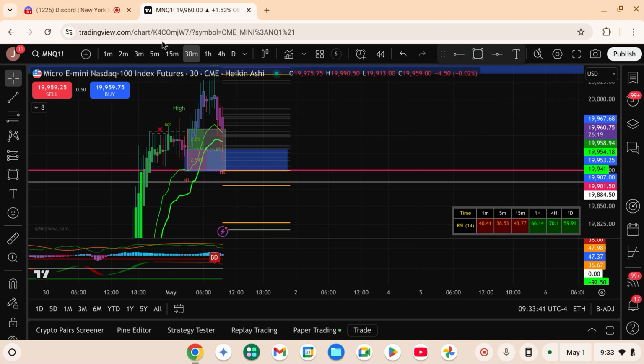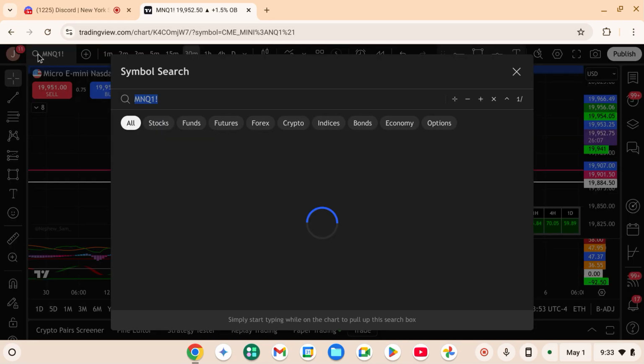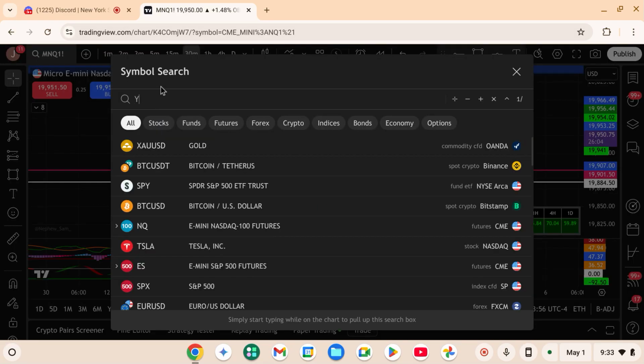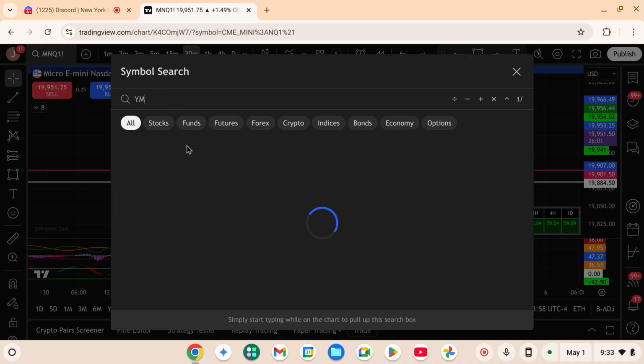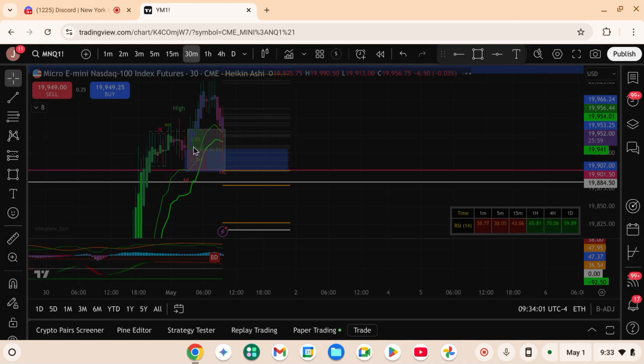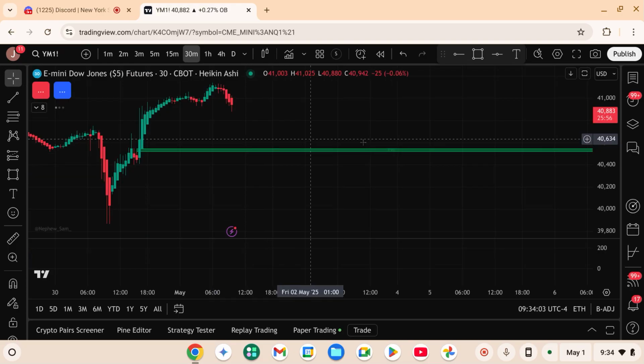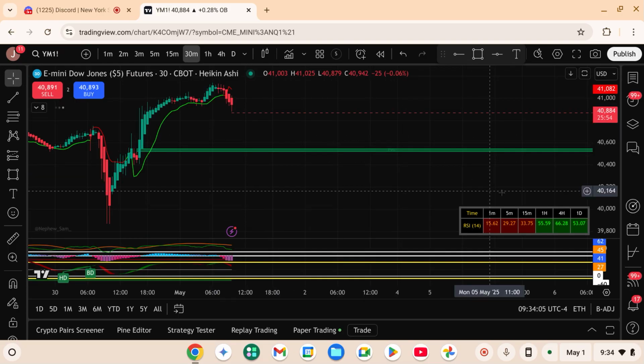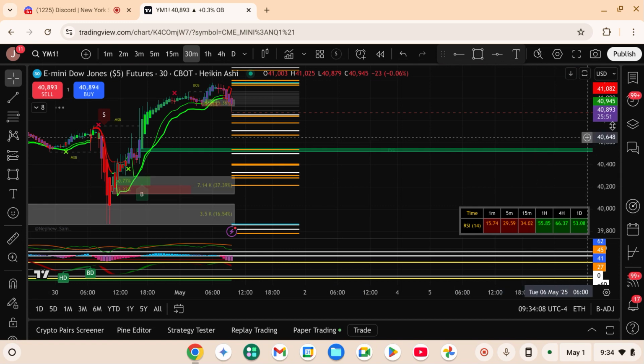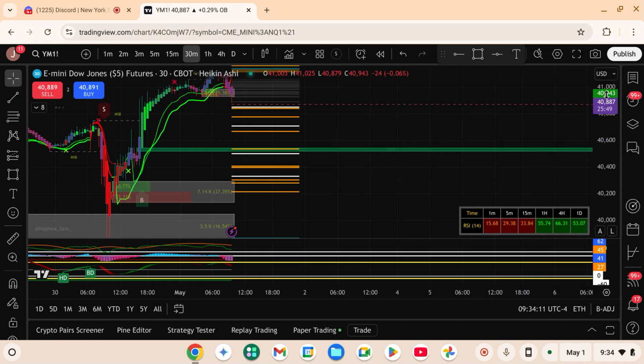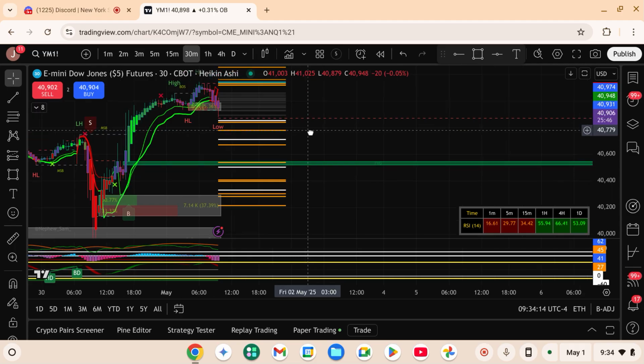Yeah, but US 30 is like more down already. Oh yeah, I forgot that. Look at US 30 right now. Yeah, that's always the good hitter for sale. Oh yeah. Oh, it's putting in the low right now. It's trying to put in the low. But we also have news, so